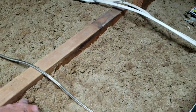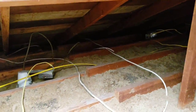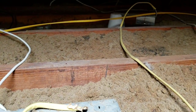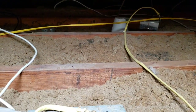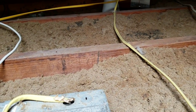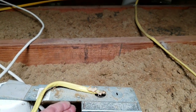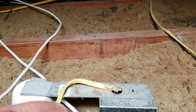I'd like to get all this old insulation out and new stuff blown in. So I think the thing is going to be to put a stringer across here that'll keep the pressure even on here. I might try doing the cable connection, but I don't even think I have a cable clamp, to tell you the truth. So we'll concentrate. Let's put a stringer across here, try to get that underneath, and that will lift that up